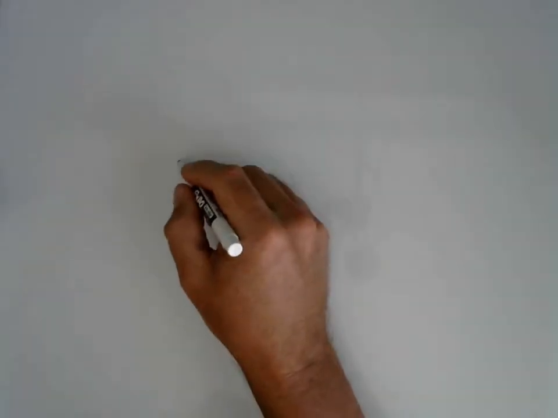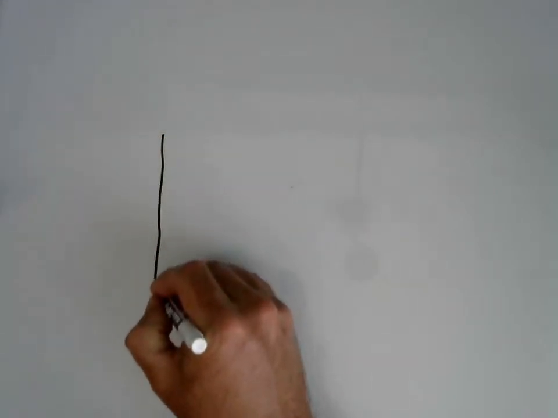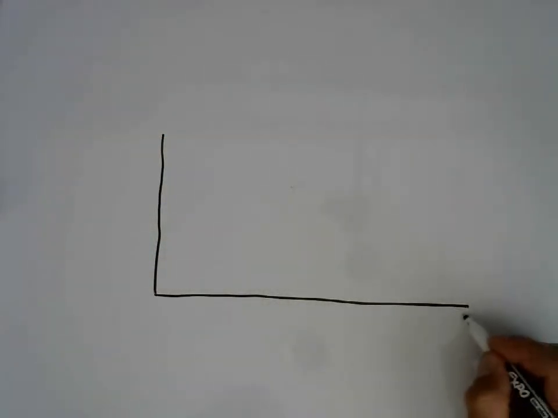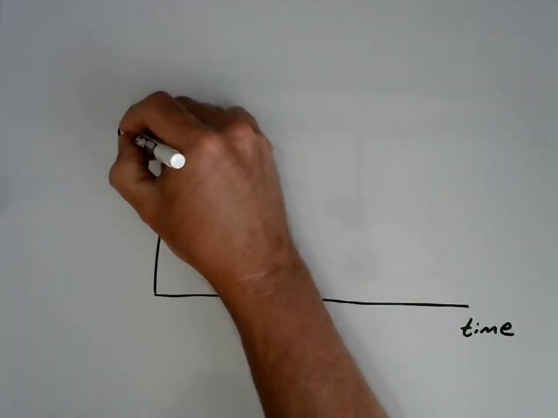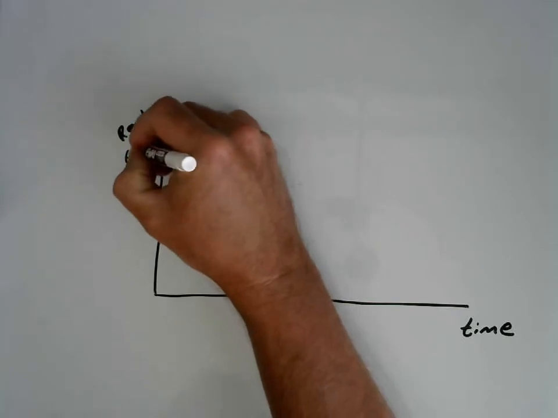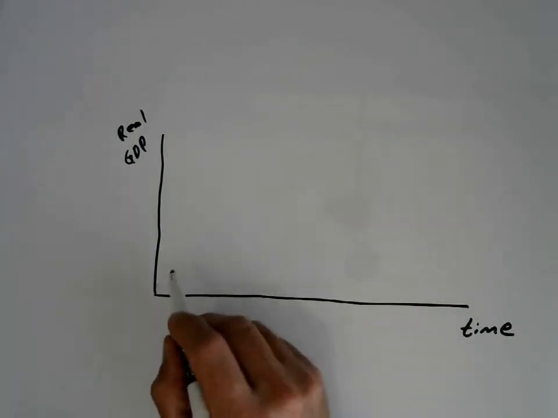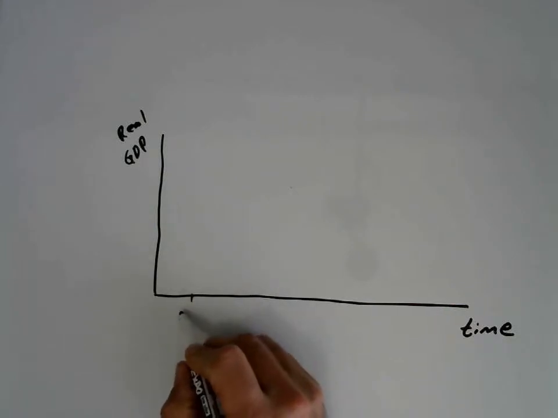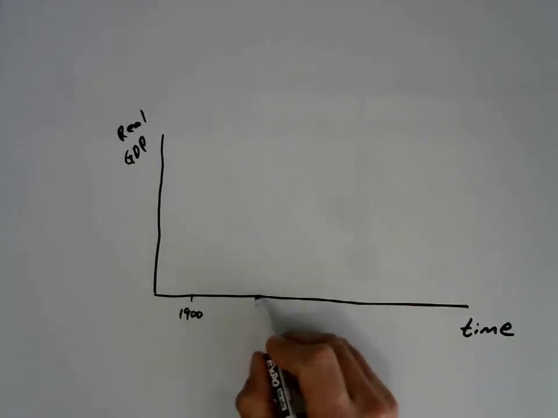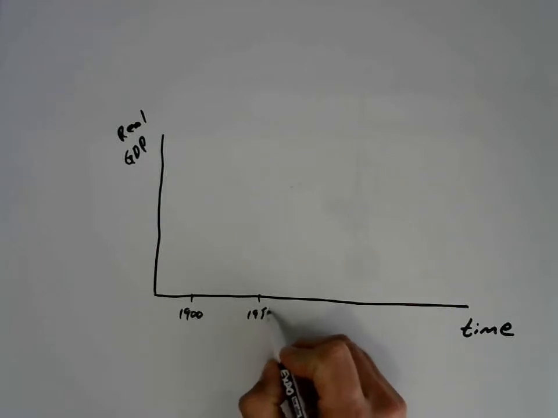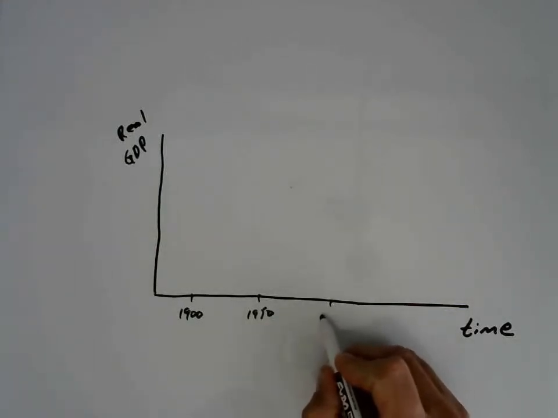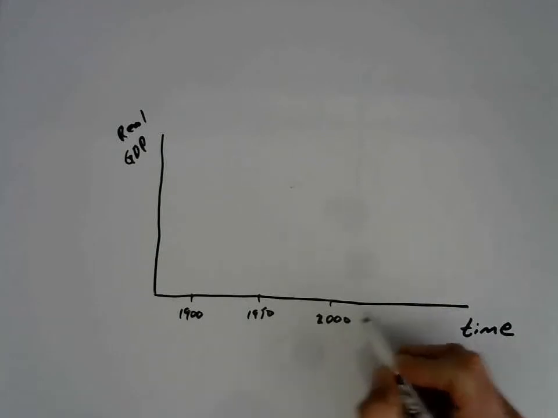So if we were to graph GDP, and specifically real GDP. Okay, so we've already discussed how to calculate real GDP. It's simply GDP using some base year price level. Back in 1900, and let's mark off, say, 1950, and say the year 2000, and then say today, which is